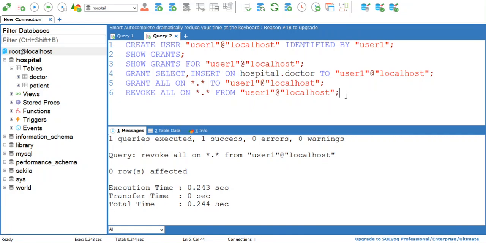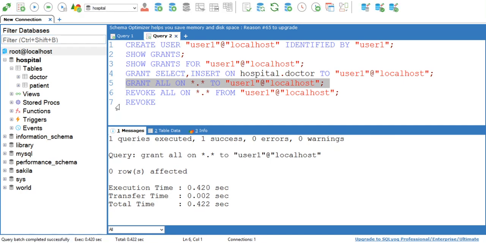If you want to revoke any particular grant, suppose I have given all grants again. See, I have again executed this grant query, GRANT ALL ON *.* TO user1. It means that now user1 can again perform all the operations because I have granted it again.